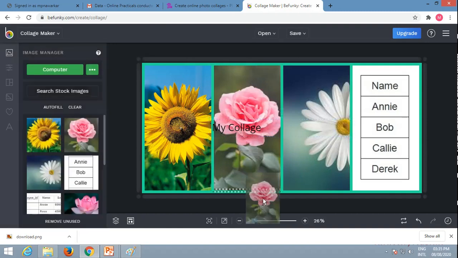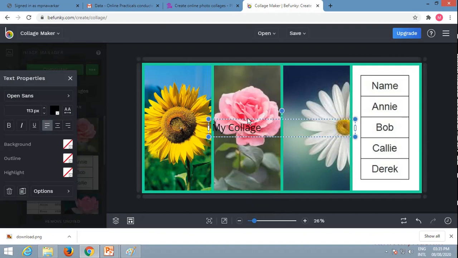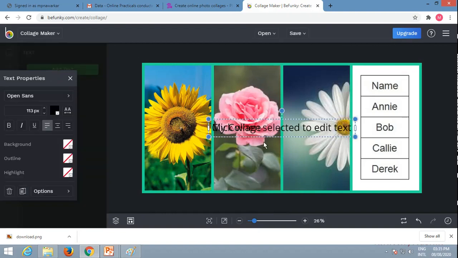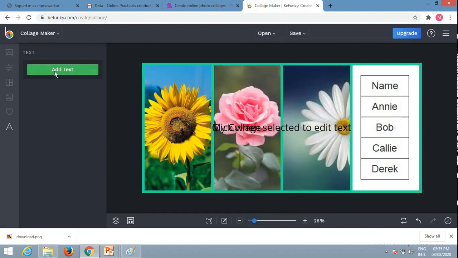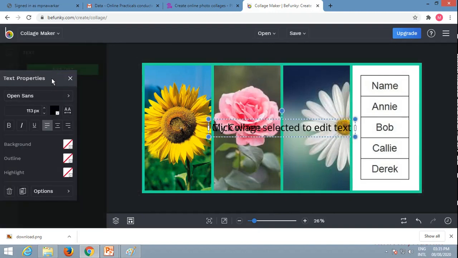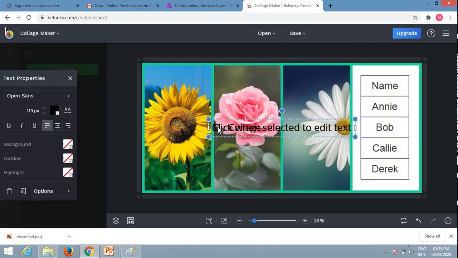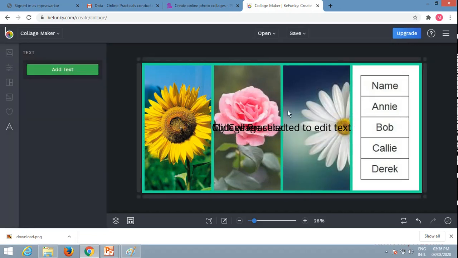And see, this name is displayed. Collage practical.